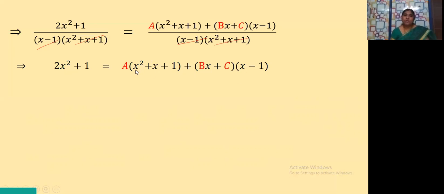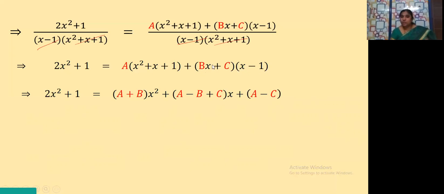Now here again if you observe, x square terms are there, x terms are there, and constants are there. Again we have to group them together. So what is that thing we have to do here? 2x square plus 1 is equal to: x square term, you check here, ax square is there, but here bx is there, here also x is there. This is the product, no? So when you multiply these two terms, bx into x will be bx square. So there is another term for x square whose coefficient is b. So here this coefficient is a, and here we have coefficient b. So writing those two together, we get (a plus b) x square, plus next x terms, a into x here. Where do we get x here?